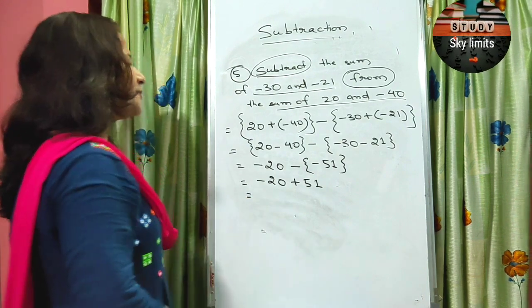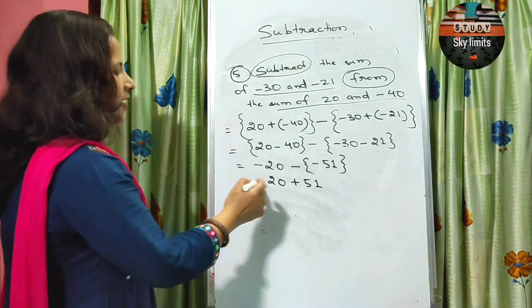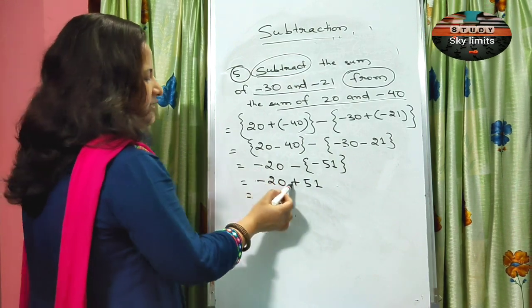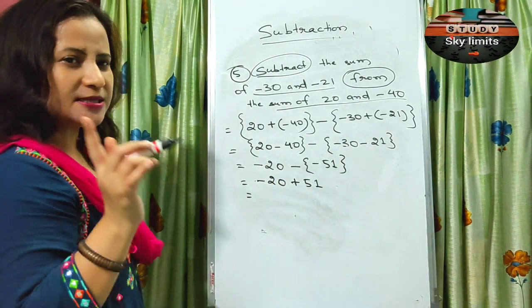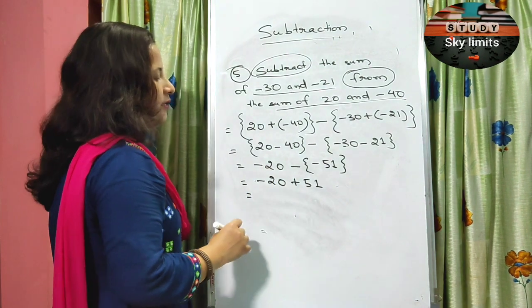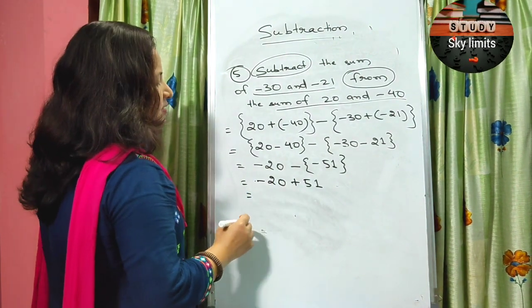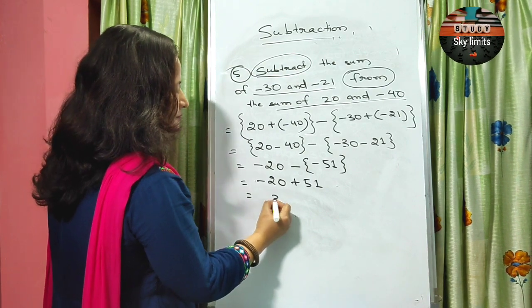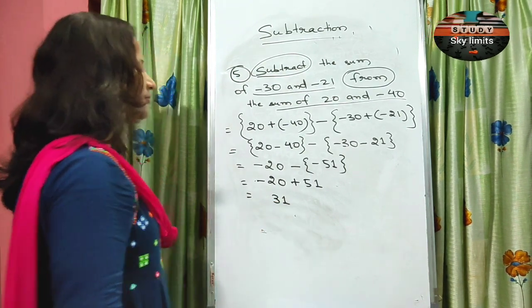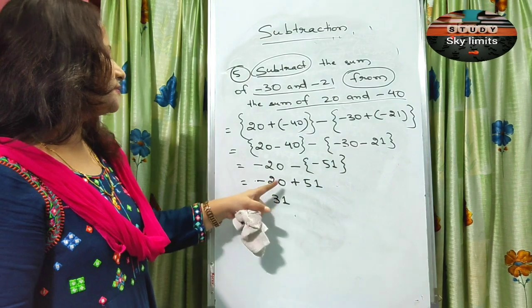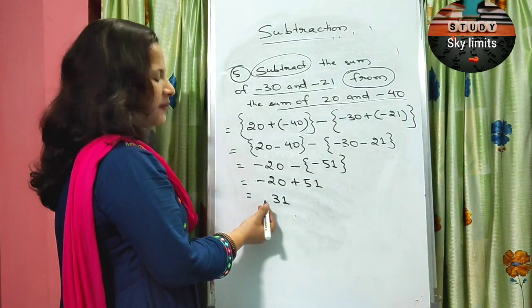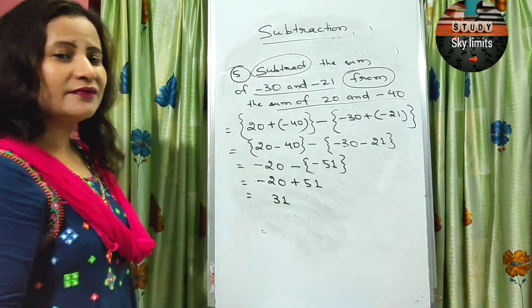So now let's come to the last step. In the last step we have a negative number and a positive number. One is minus, other one is plus. Subtract. Subtract 51 minus 20. So that will give us 31. Obviously 31. And which among the two is greater? As we can see, 51 is greater. It's a positive number, so we have no need to put any plus sign here. The answer is positive 31.